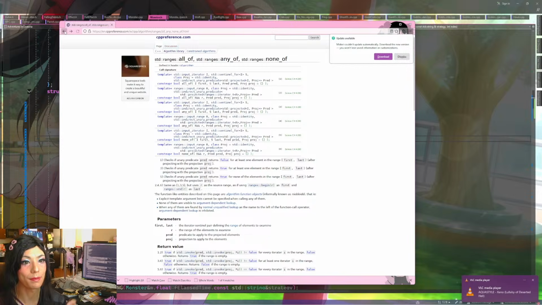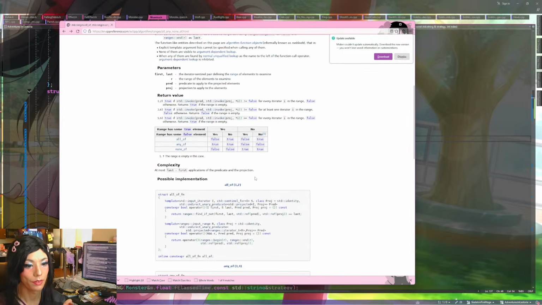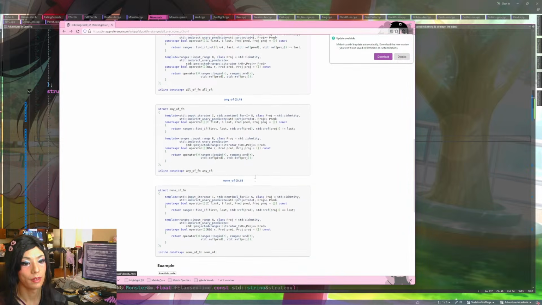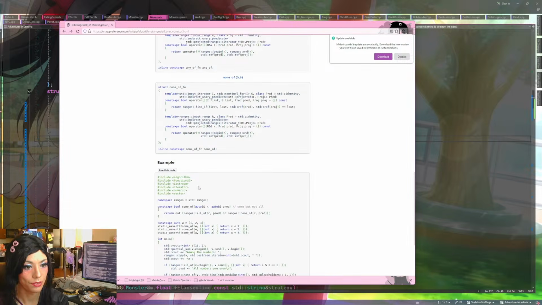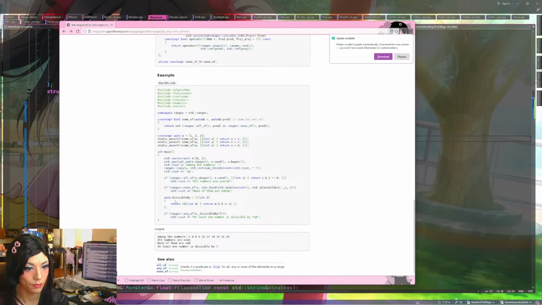I don't think I am. None of... with the projection. Standard ranges none of. V. In this case, V is just some view or range.